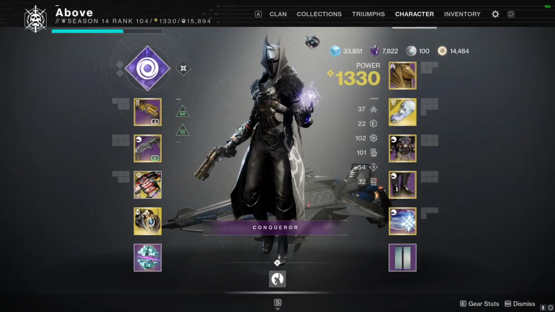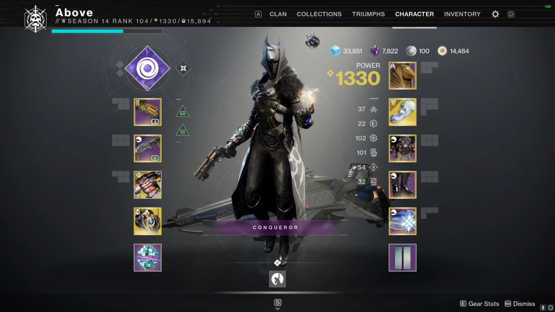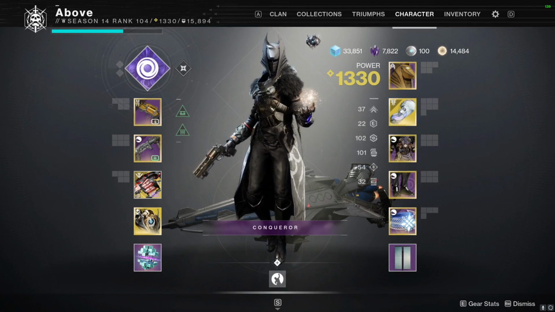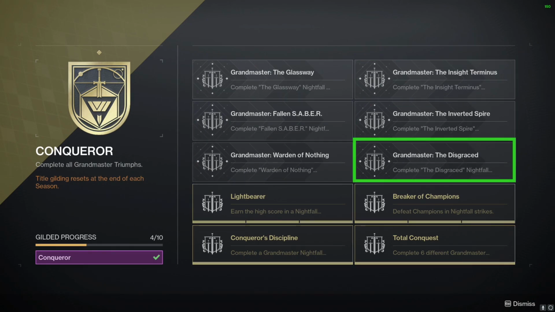To kick things off, you'll need to be a minimum of 1335 power to enter the Grandmaster playlist this season. Any additional power levels beyond that will not benefit you, as we're always locked to 25 under power. The Grandmaster Nightfall rotation will be Glassway, Fallen Saber, Inside Terminus, the Inverted Spire, Warden of Nothing, and the Disgraced. The first GM of the season will be Glassway, with the Adept Plug 1 as the weapon reward starting on